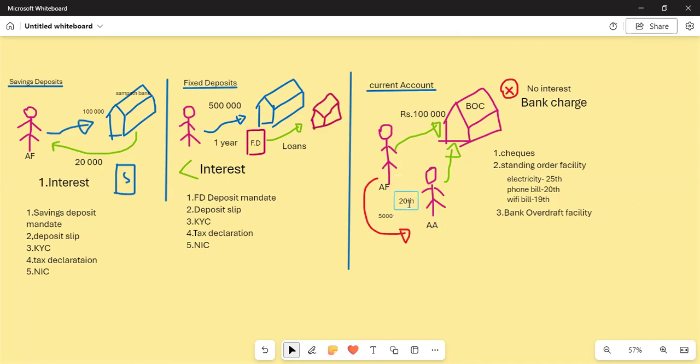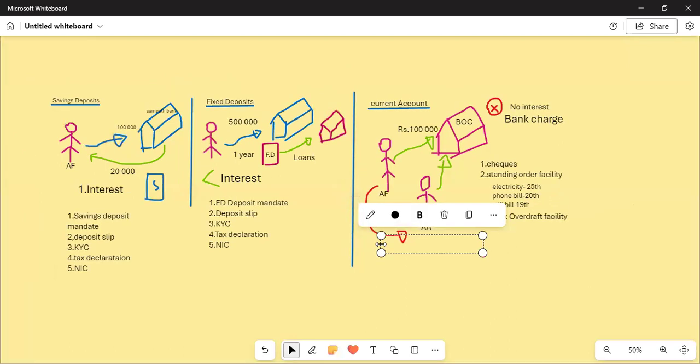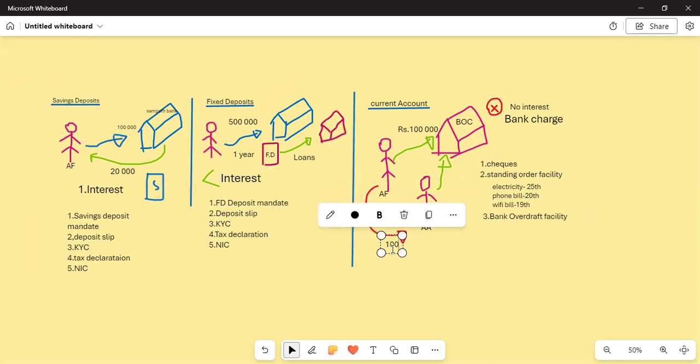Therefore, early morning on the 20th, Asif goes to the bank, gives the check and asks the bank to pay him the money. But the bank tells Asif that in Abdullah's account he has only 1,000 rupees. Although he wrote 5,000, he has only 1,000 rupees. So what to do? How much more does the bank need to pay Asif? Put it in the chat box.